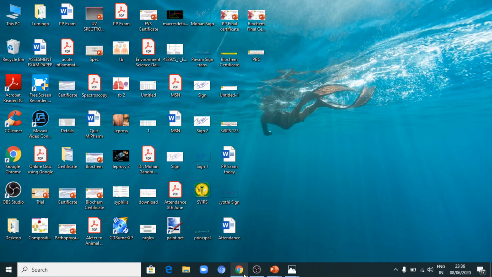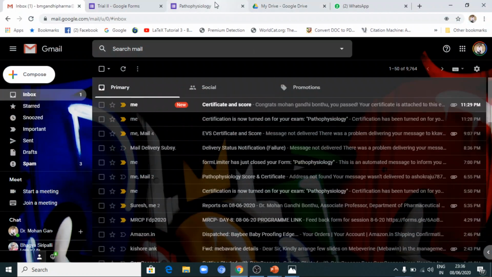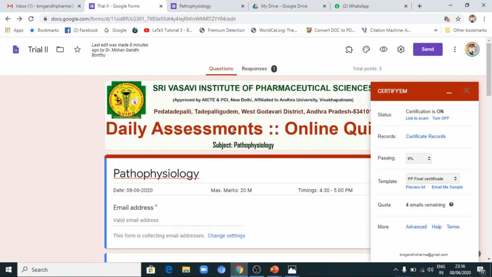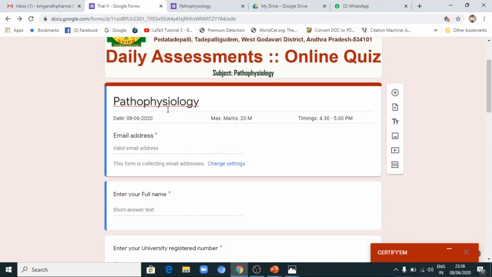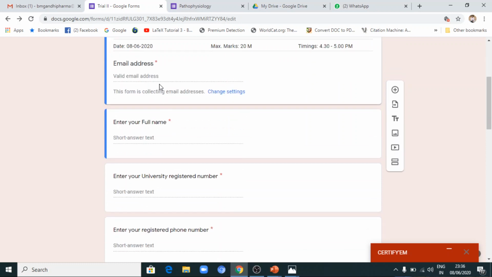Okay, now just go to the Google form. So this is the Google form what we have. Now here you can see, the title is this one, the first and foremost thing. So this will become a title. After this title, you will have the email address. By default you will have an email ID. After the email ID, whatever is coming, that will be your name.